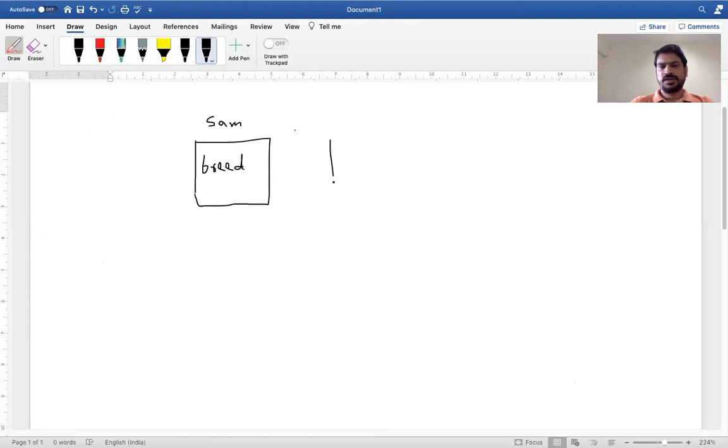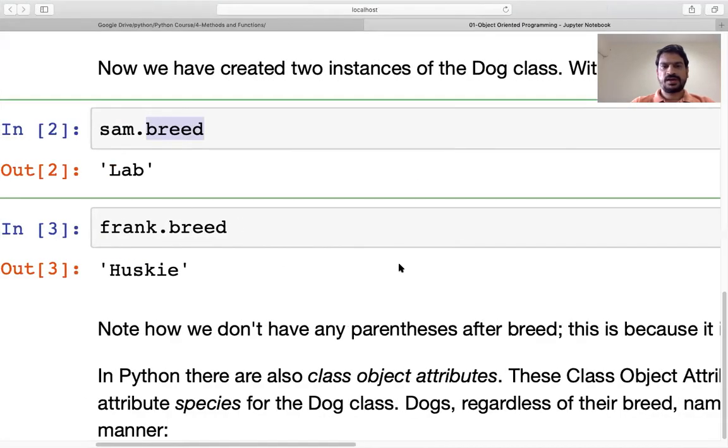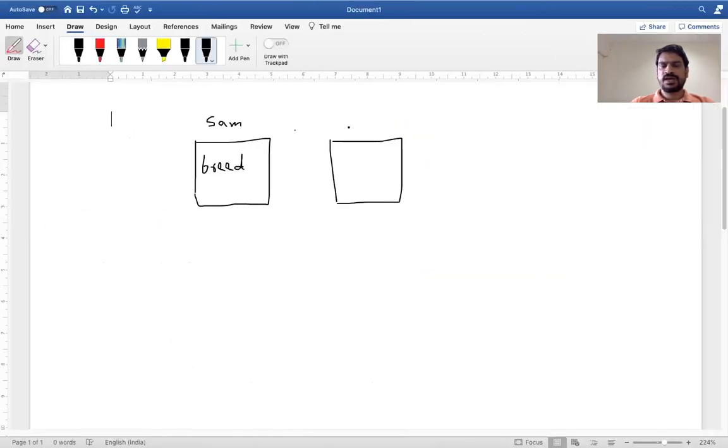And we have another object that has been created, and that object is Frank. So Sam and Frank are nothing but dog names. You can say one dog is Frank. This Frank also has the attribute breed.